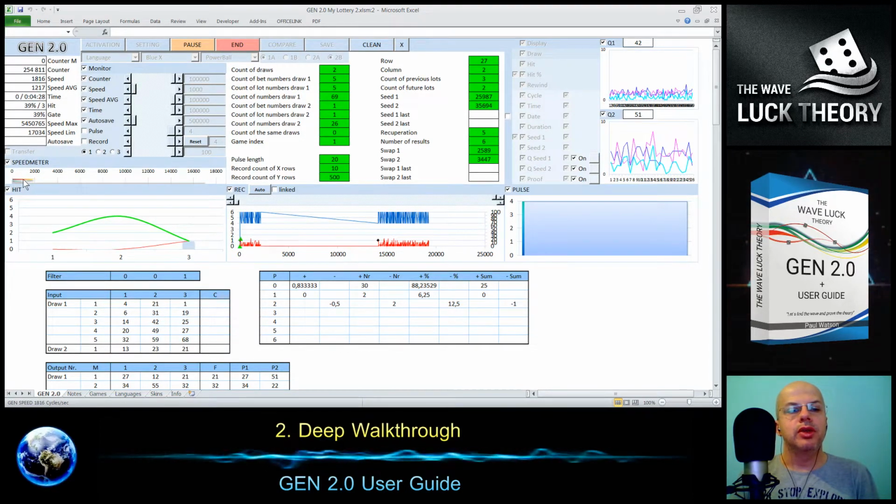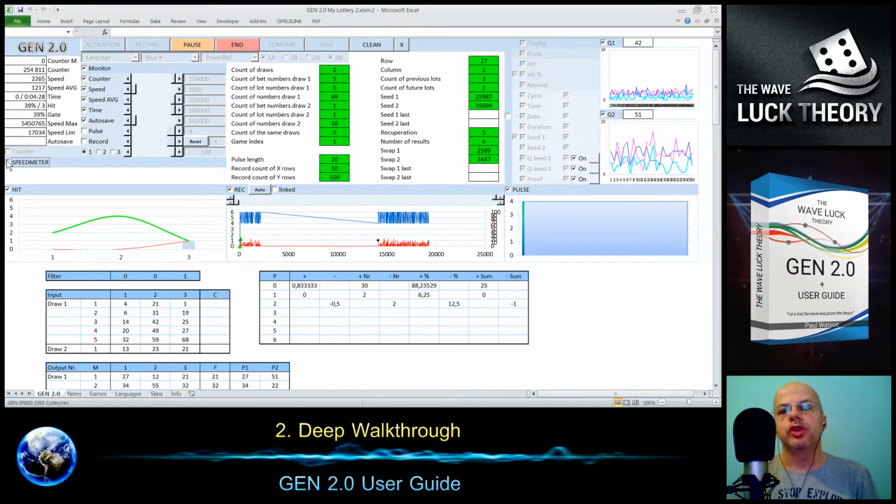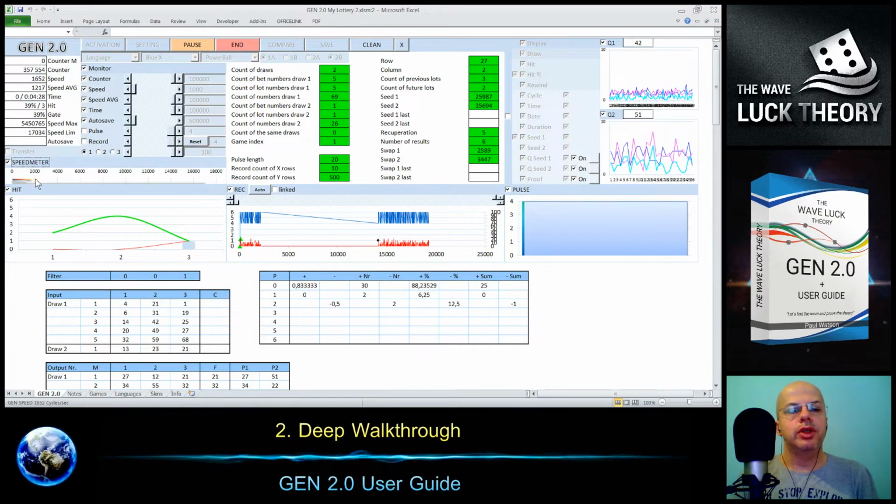This value is also in the speedometer graph, so you can see how it's changing. It is the red lever. The speed meter we can also hide so as not to see it, which will speed up the generation as well, and we can show it again. It's updated every time. So I put the value higher. When I stop it, it's not moving anymore. It's the same case as with the counter.